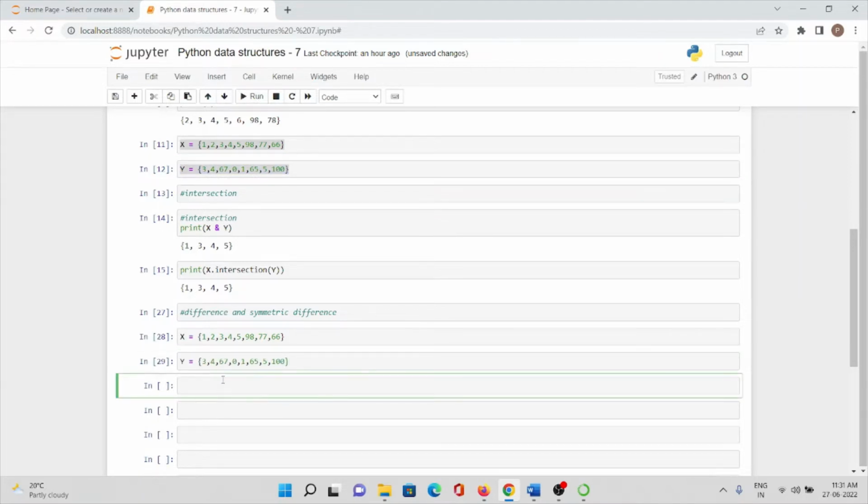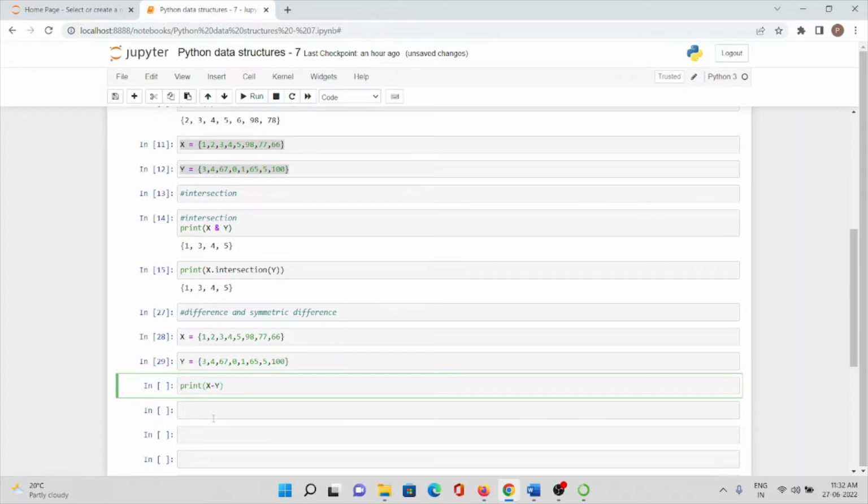Okay, so now suppose if we want to find the difference of the two different sets, difference means it can be either x minus y or it can be y minus x whenever we are defining two different sets. Okay, so first we'll see the difference of